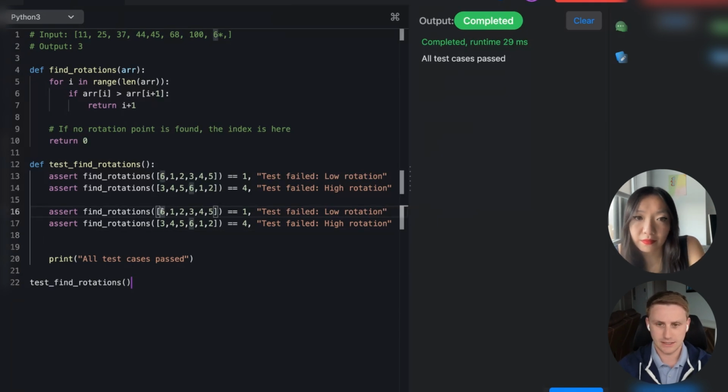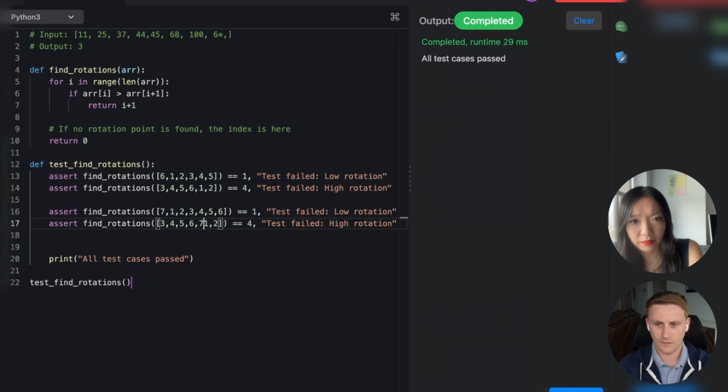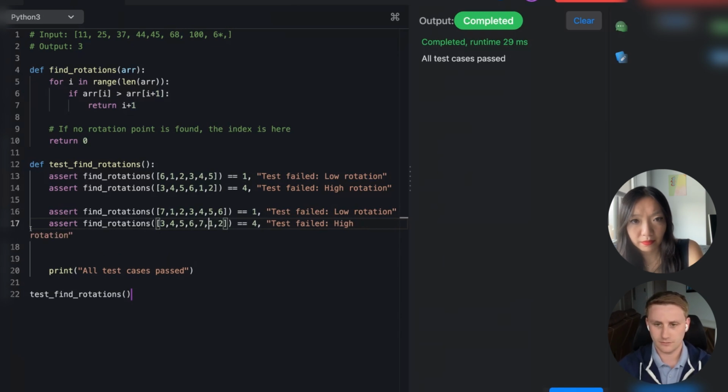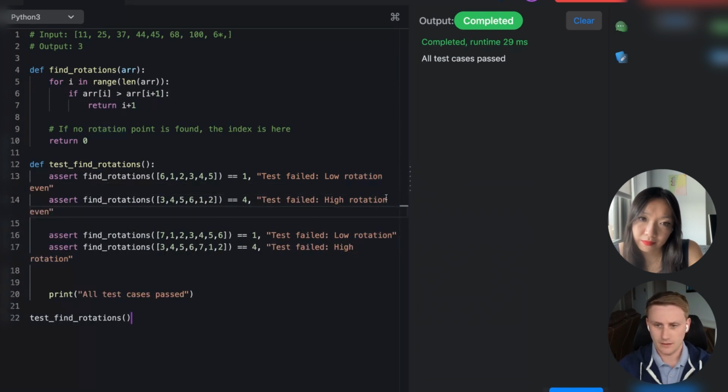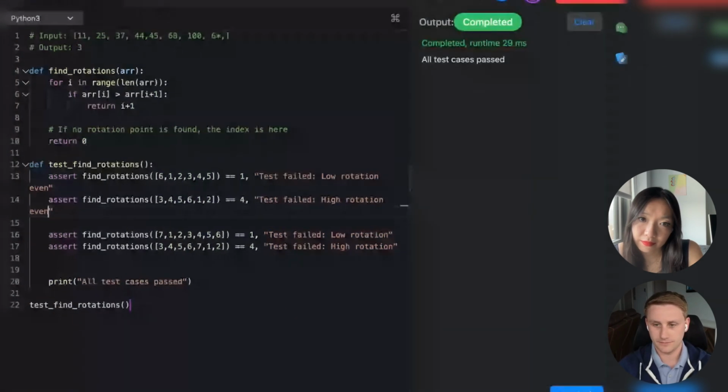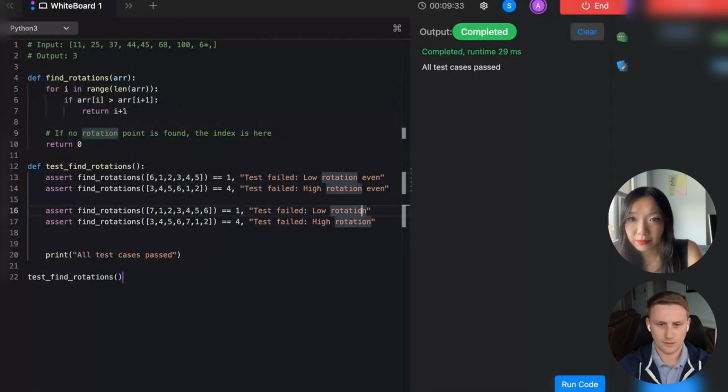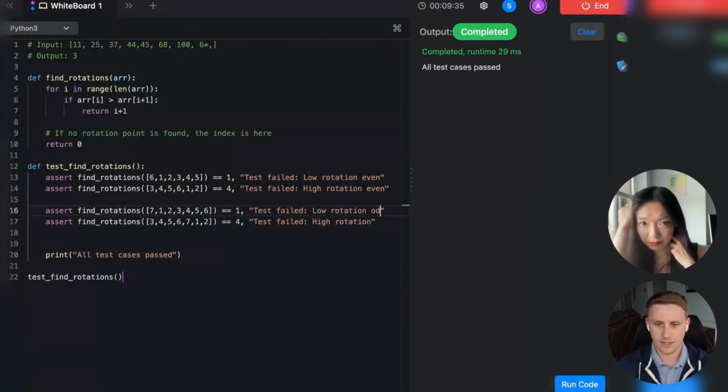So 6, and then similarly here we have something like 7. Even. Just make this a little bigger. And then odd. Okay, swell. So that would be low count, even count, and